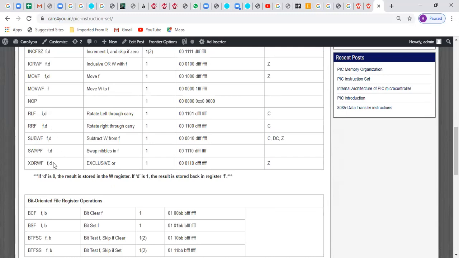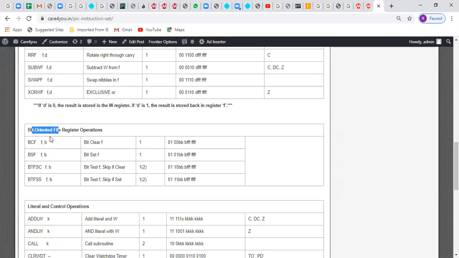ये मेरे थे byte operation. बिट ऑपरेशन क्या है?